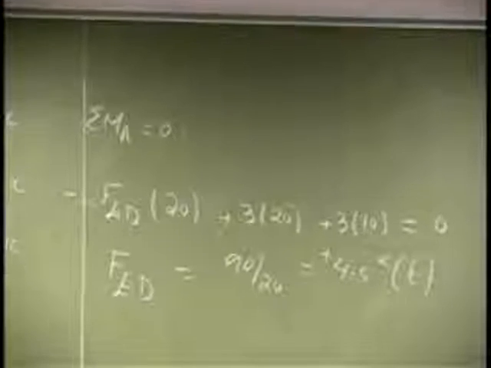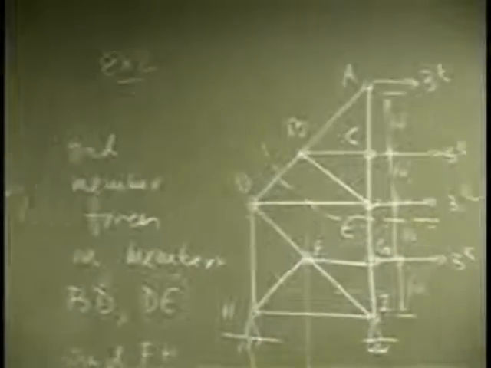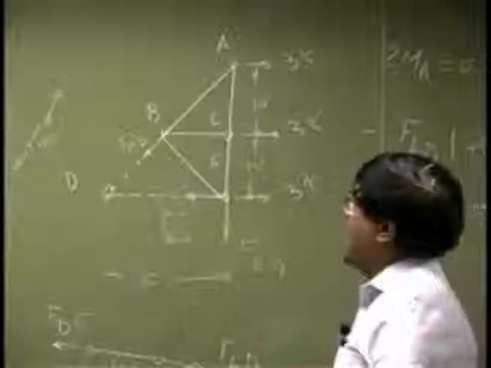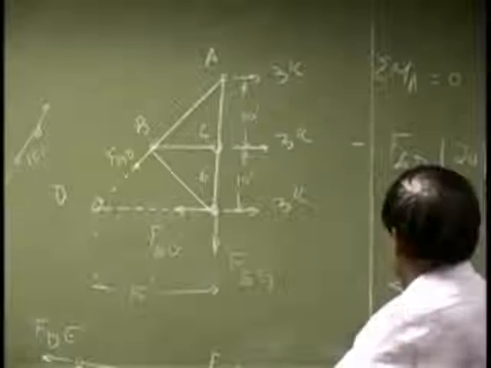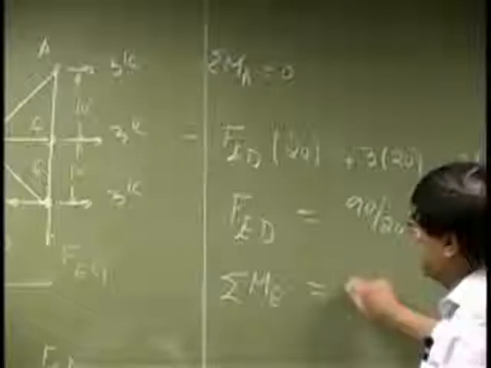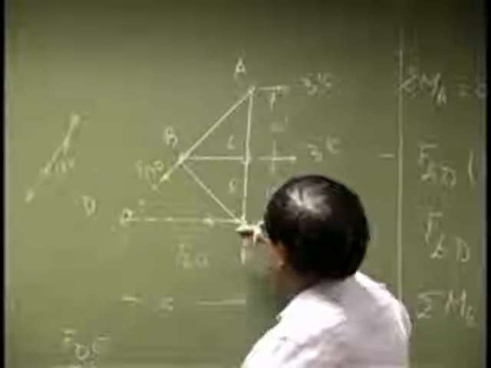So that gave us our first force. I mean, we needed this, and we already have it. Then you need this one, and if I choose point E, that means if you sum the moments about E, that should also go to 0. Now, this